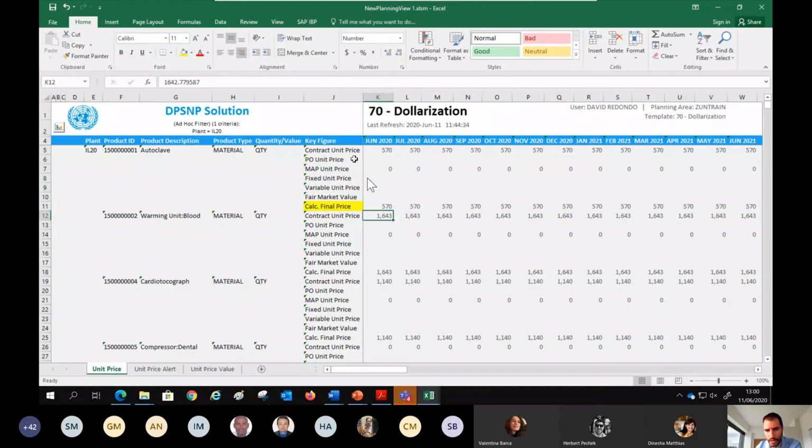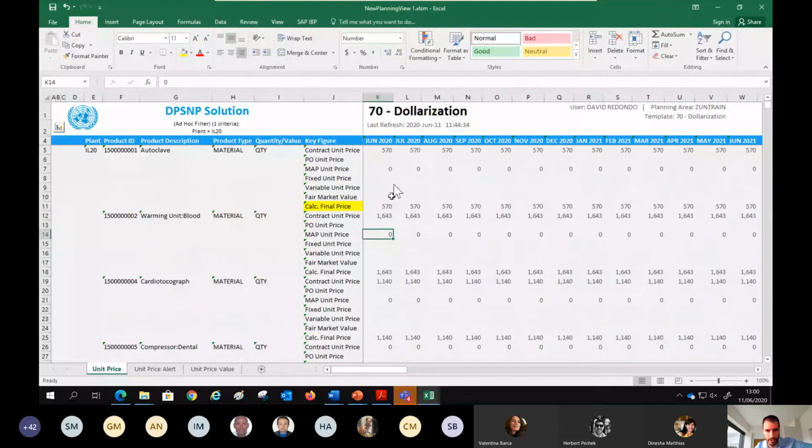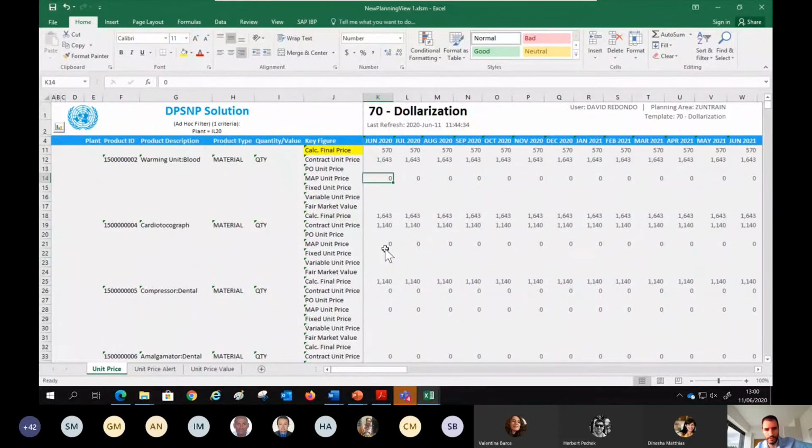I was looking, a few days ago we had in the training environment, and I'll make sure that we have this, let's say, loaded again, different product with moving average price. But unfortunately now I don't see the moving average price or PO price for some of them. So we need to populate extra data. So if you go, yes. David,